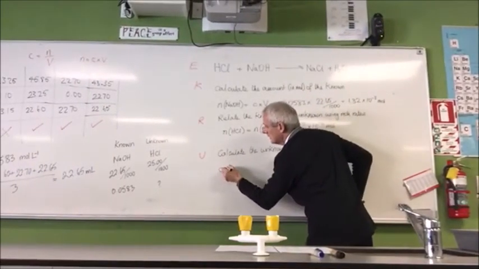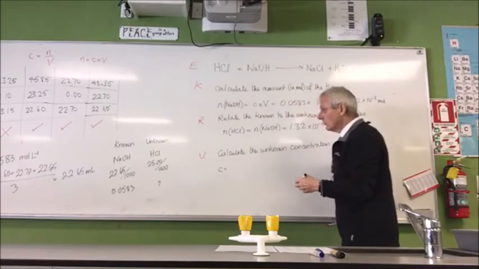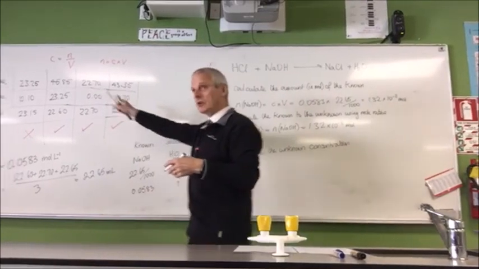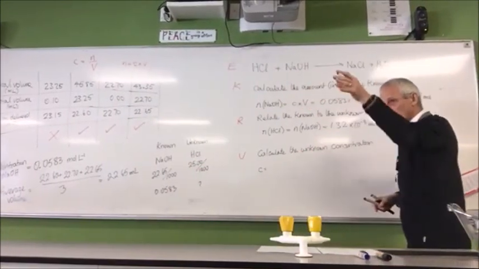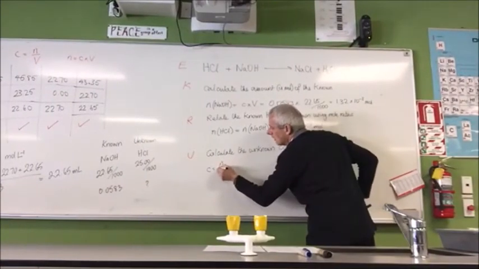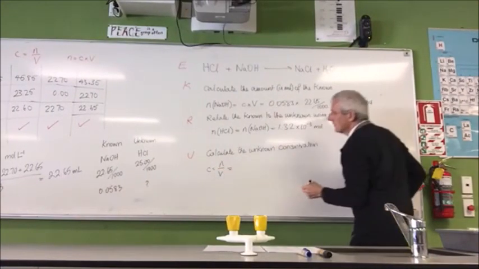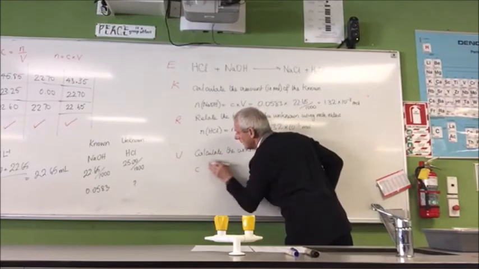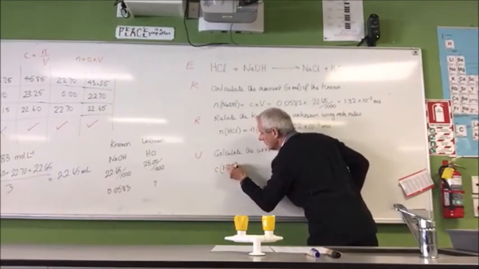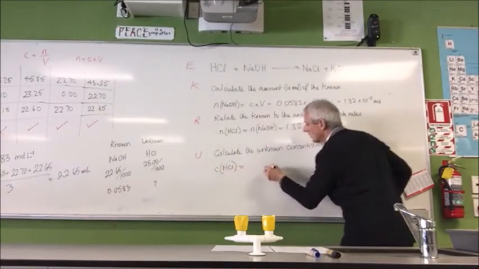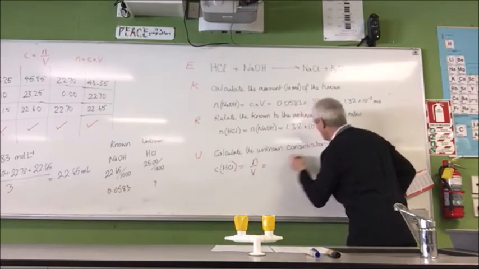So C, just remind ourselves, remember you're always given these equations, so if you can't remember, just think, where's that equation on the paper? To make this clear, I'll just finish. C is equal to